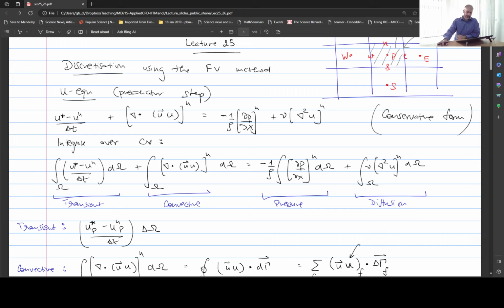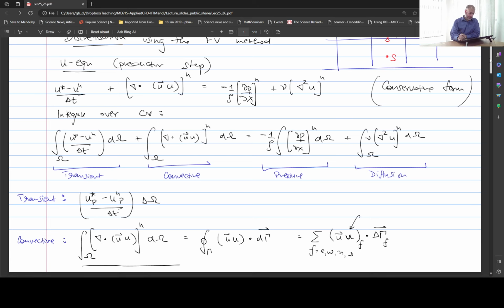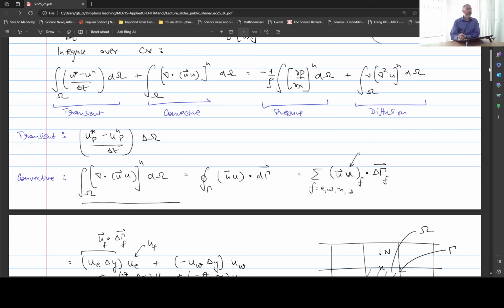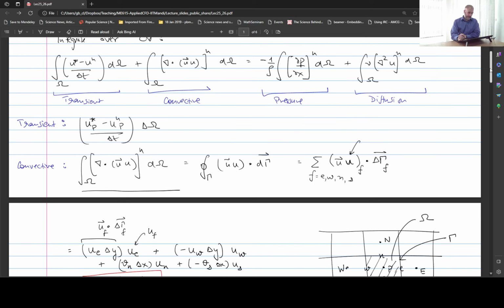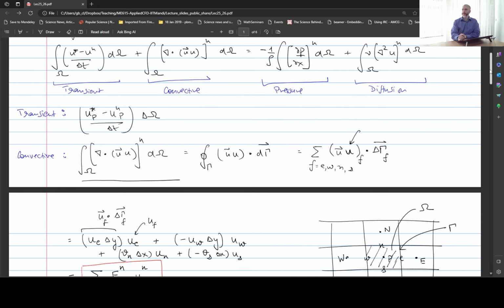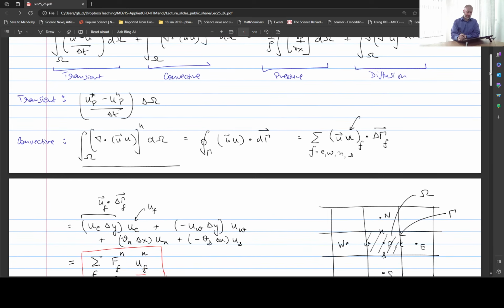So what we discussed in the last two lectures was discretization of the predictor step, particularly for the U equation. But the V equation is very similar, so we don't need to write the complete procedure for that. I'm sure you can do it yourself if needed. So we wrote the U equation, then we followed the standard finite volume approach to integrate the equation over a control volume, in this case delta omega, and then we handled the transient, convective, pressure and diffusion terms separately to get expressions for